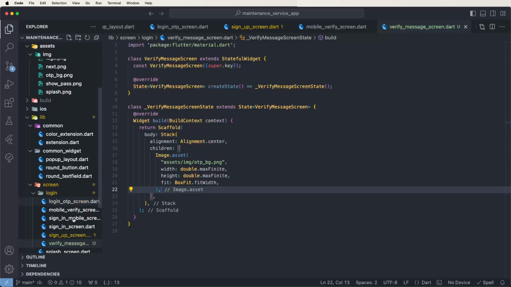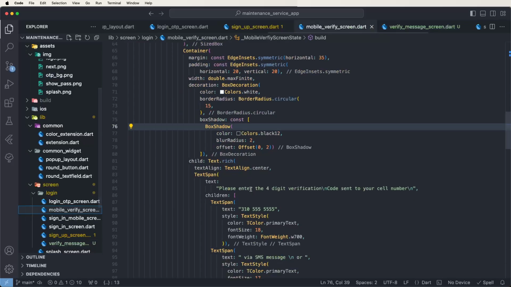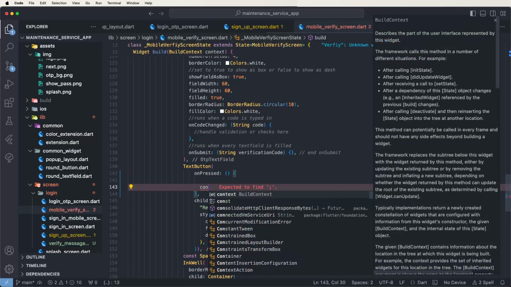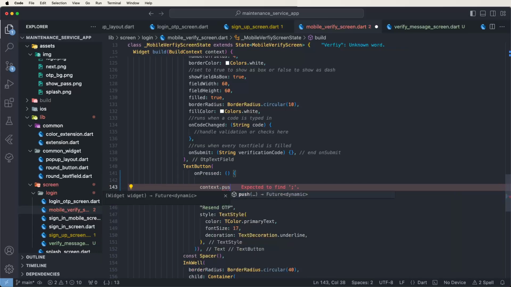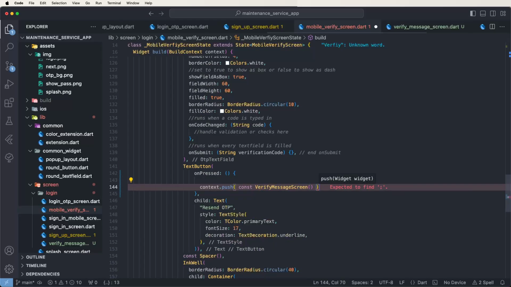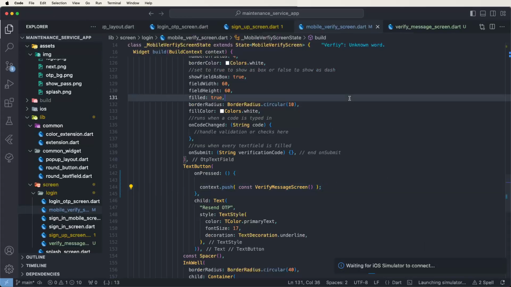After the verify screen, we need to write down the onPressed event on the button, for testing purposes. Push extension method: we need to call the const VerifyMessageScreen and set the semicolon. Now we need to run the simulator first of all, and now we need to write down the